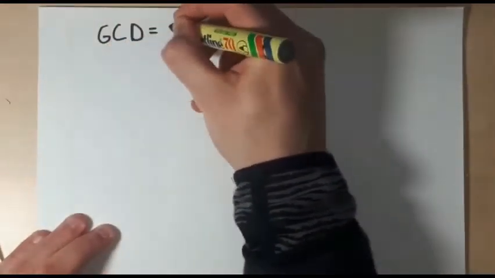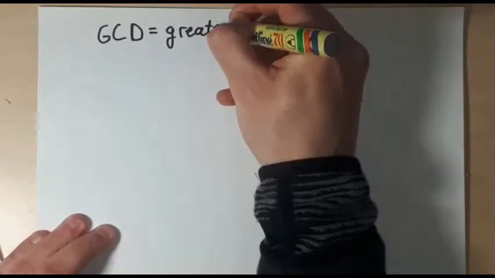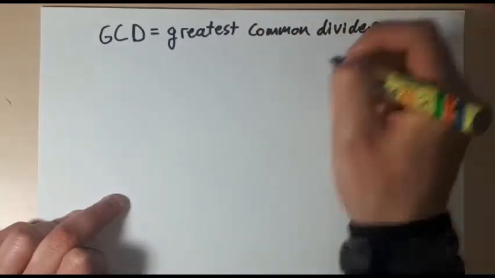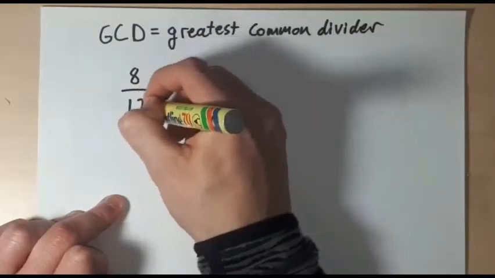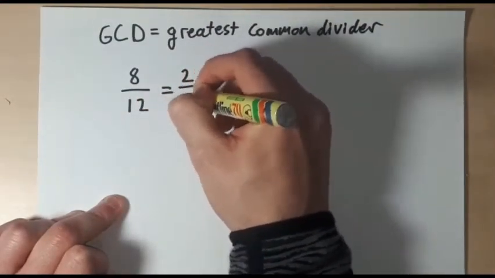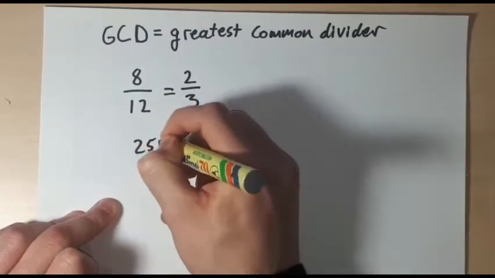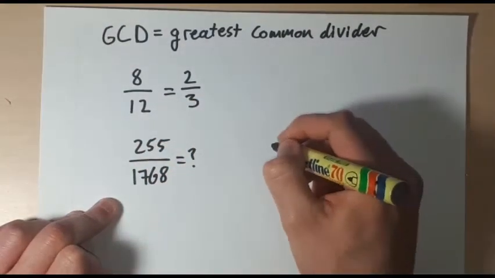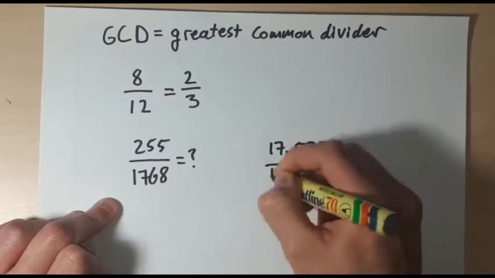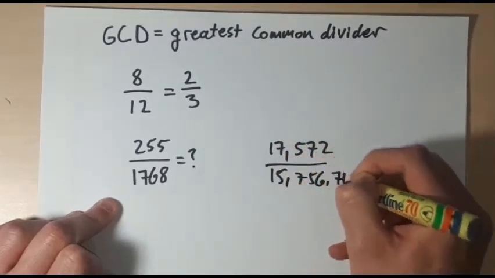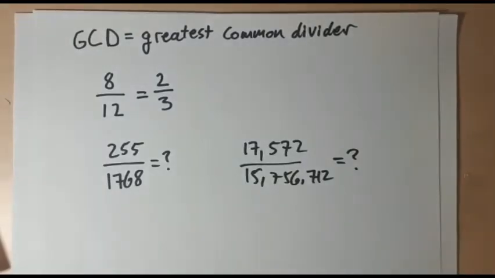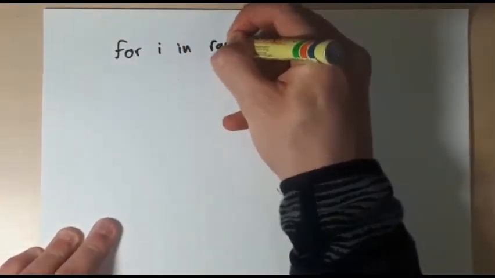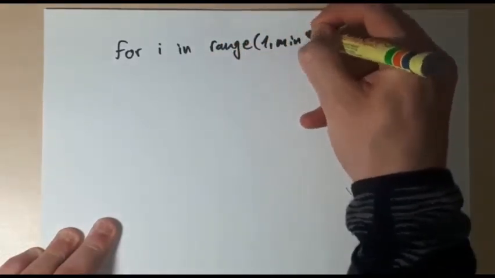The problem I'm going to talk about today is the greatest common divisor. We all know that the reduced form of 8/12 is 2/3. But when we are talking about larger numbers like 255/7068 or 17,572 over 15,756,712, the trivial solution for this problem is checking all the integers from 1 to the minimum of those two